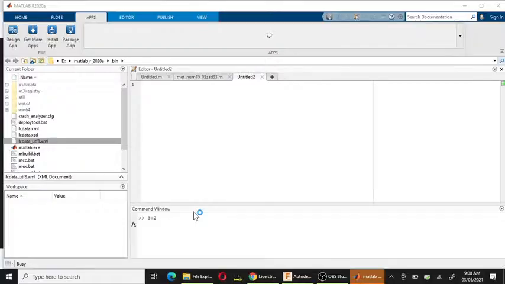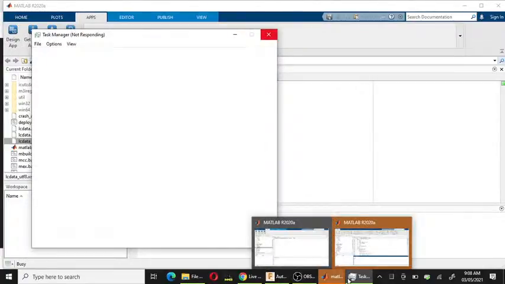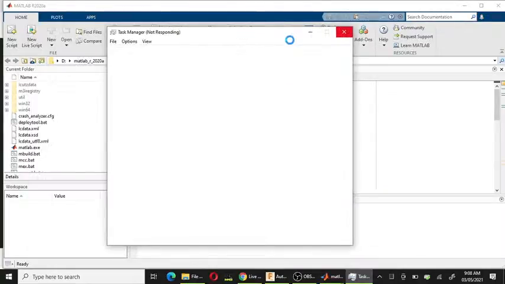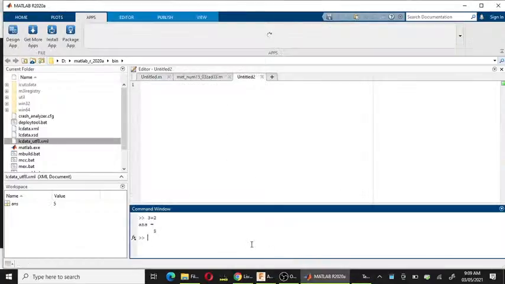Even the taskbar is not responding. You can imagine how many softwares are open. Okay, it's working perfectly now.